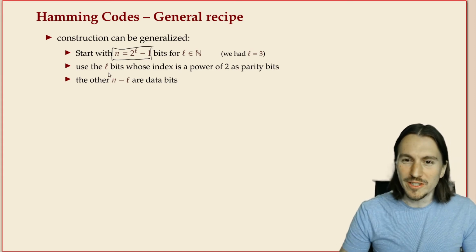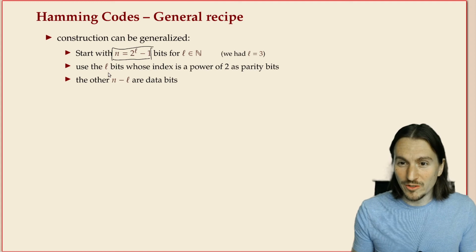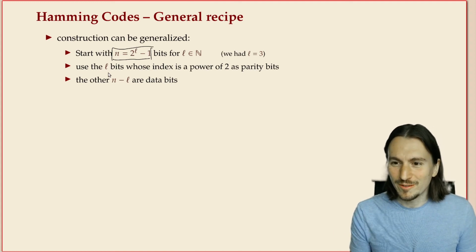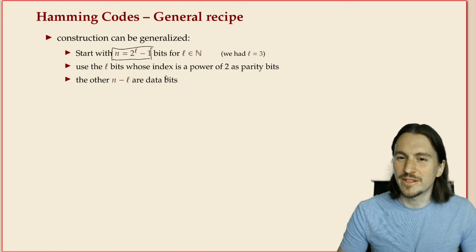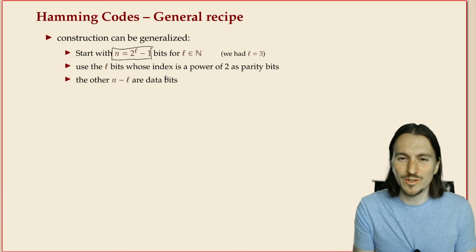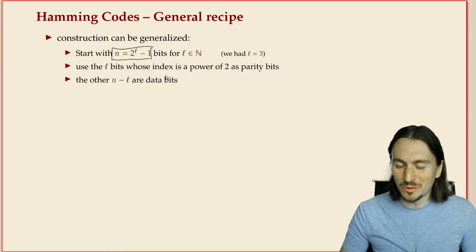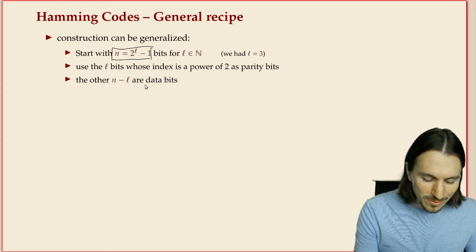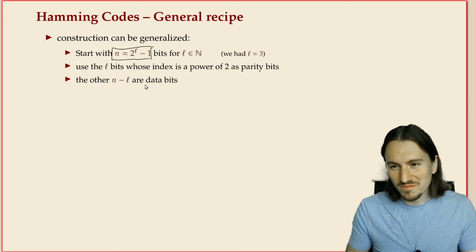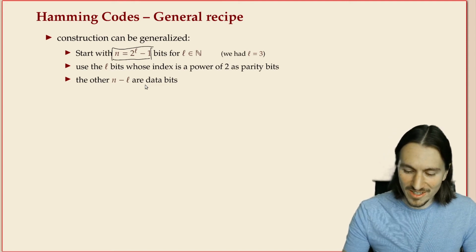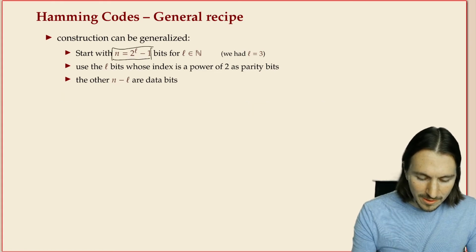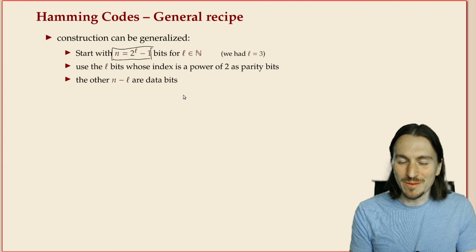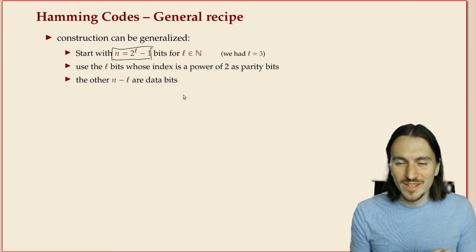You use the L bits as parity bits as part of making the checking constraints 0. And you use exactly those that are at a power of 2, because then their binary representation is only a single 1. And so you can define them based on the other bits. And the other bits, well, that's N minus L in the general case, all that you didn't take. And that's pretty much it. So, I mean, you generalize the checking and parity bit formulas from what I've shown. Basically,